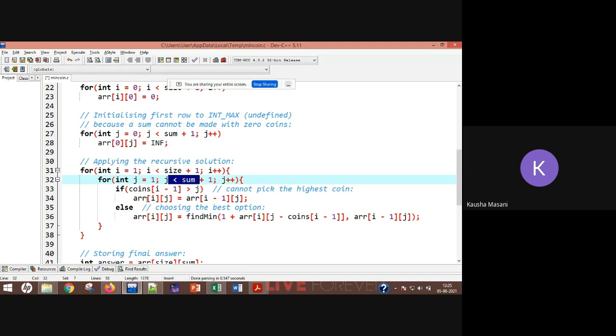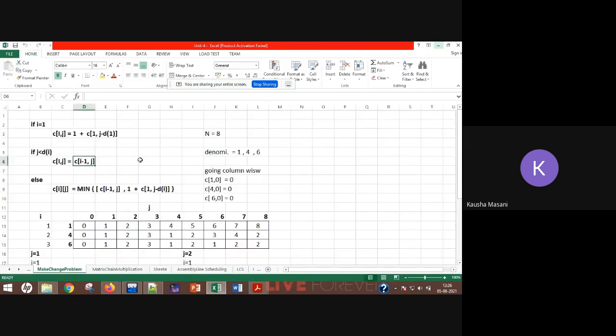Yes, so arr of i j, that cell, is equal to the value you get from the formula arr of i minus 1 comma j.